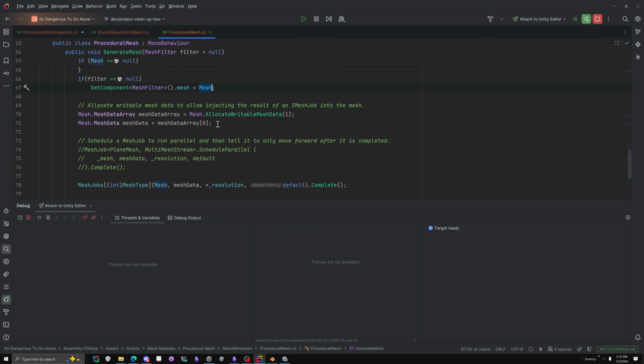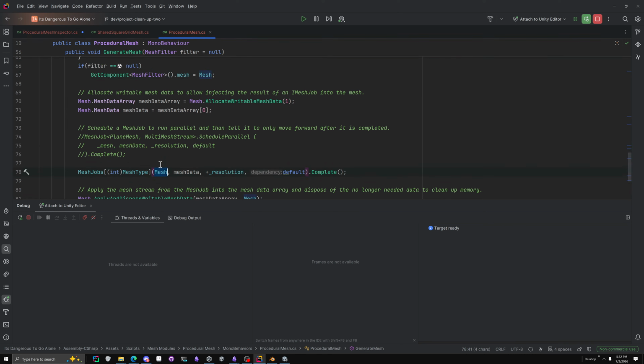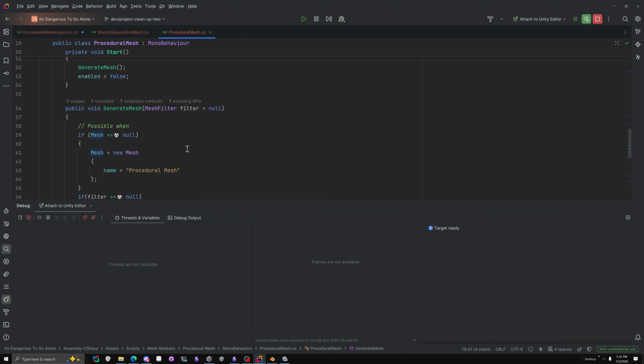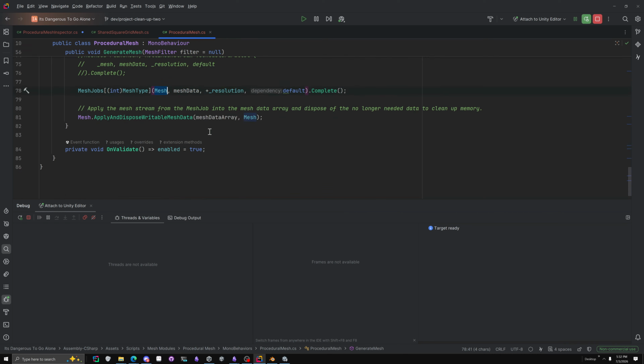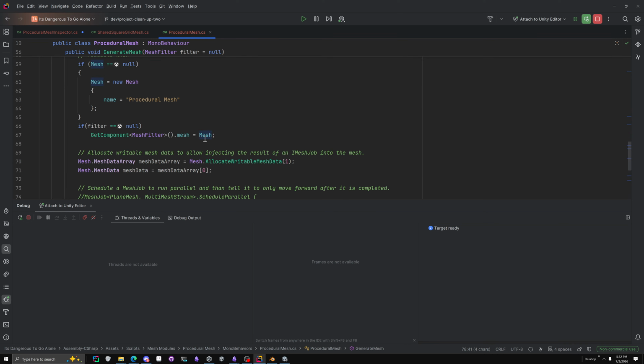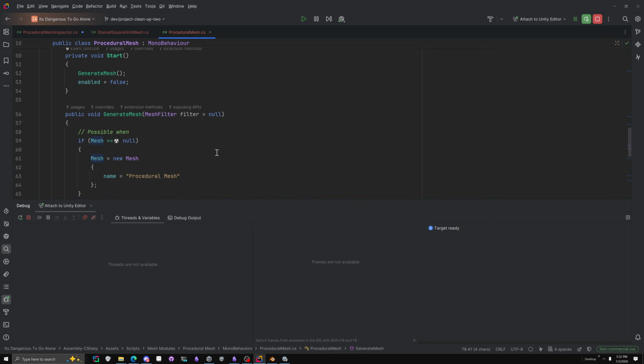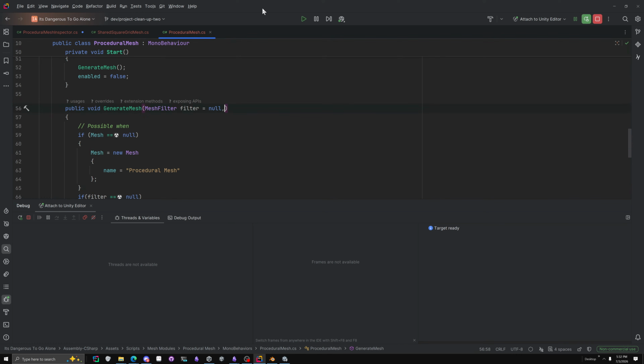Oh yeah, so instead of passing in, I need to do this a couple different ways. I need to actually say mesh